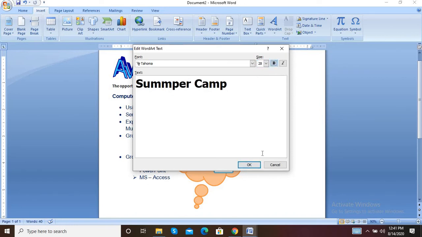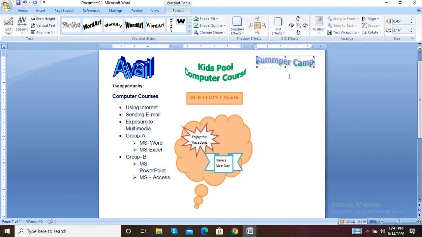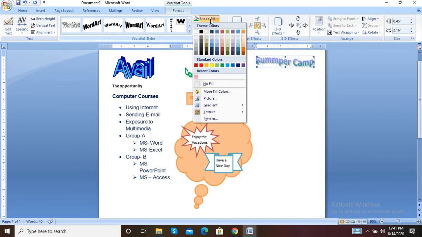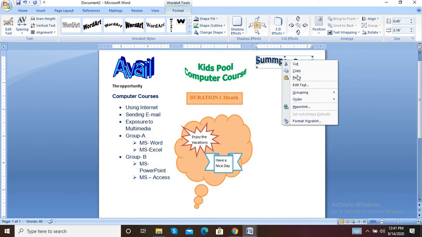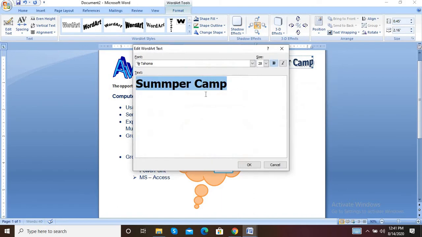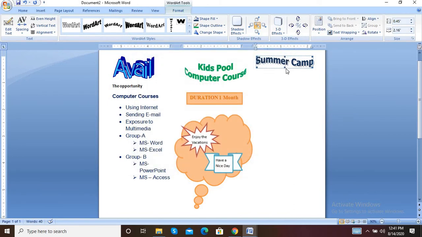Click on bold. Yes, okay. Now change its shape fill color to something dark. Some edit text. It's a summer camp.